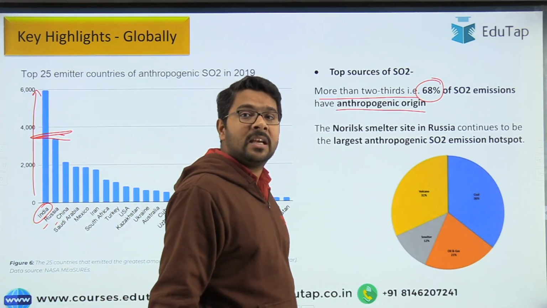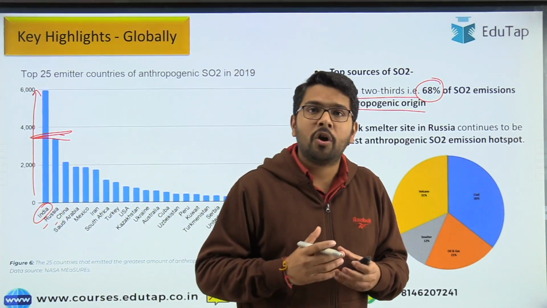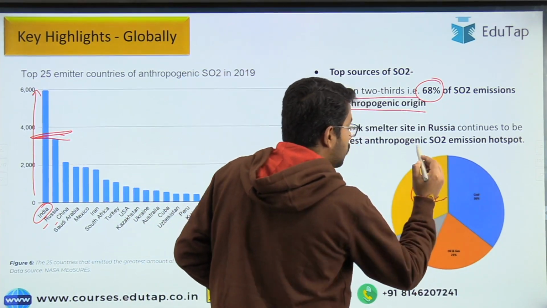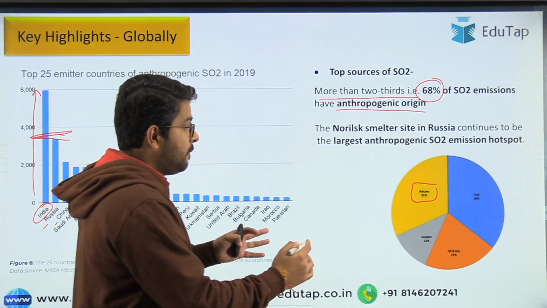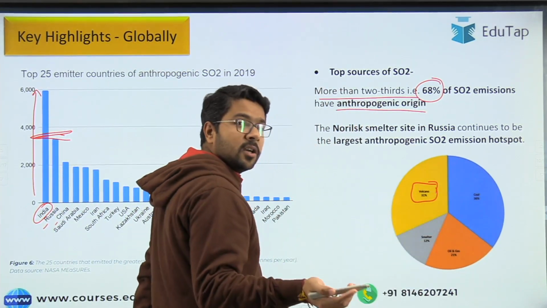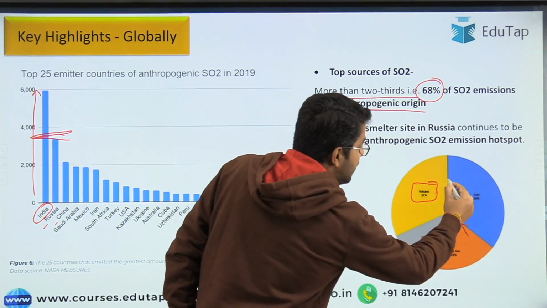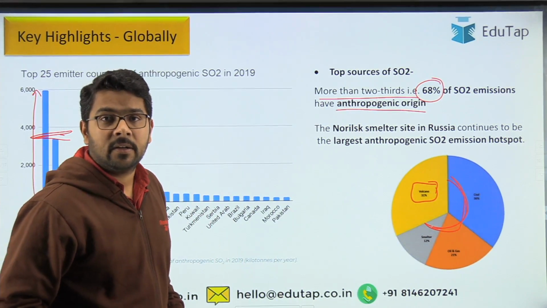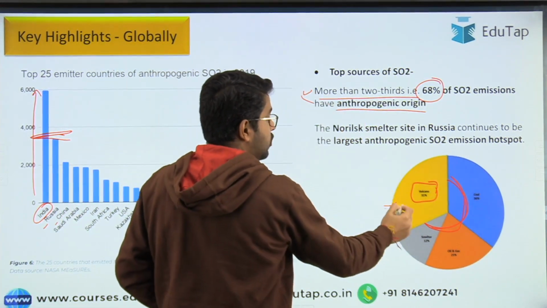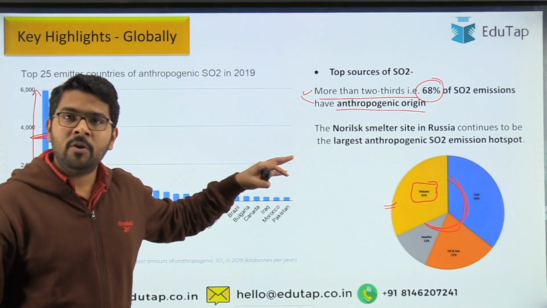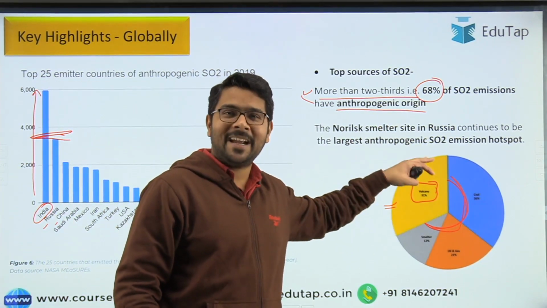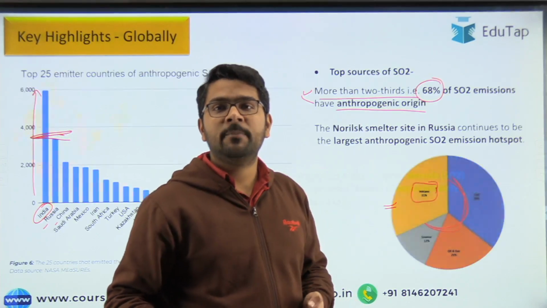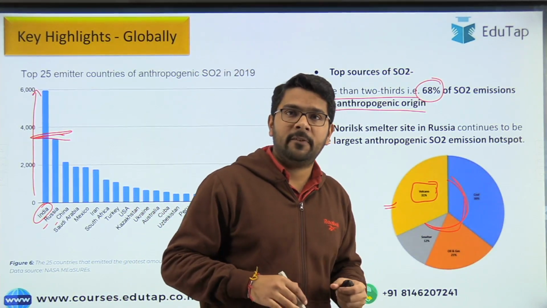The natural cause is volcanoes. Volcanoes constitute almost 31 or 32% of total SO2 emission. So if volcanoes contribute 31 or 32% of total emissions of SO2, the remaining is due to man-made activities. This is what this line has to say, and I have quoted a graph for it. Guys, if you are not able to see these figures, no worries. When you get the PPT, you can easily see that. But the important point is that 68% of the total emission is due to man-made activities.